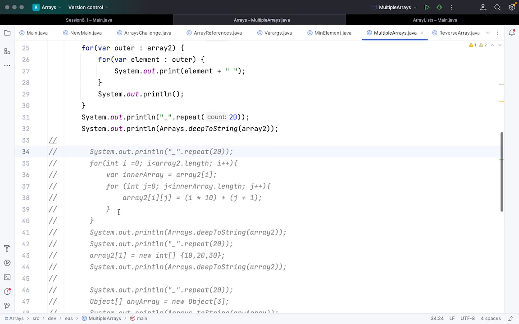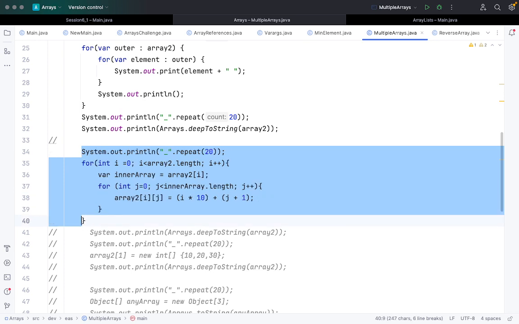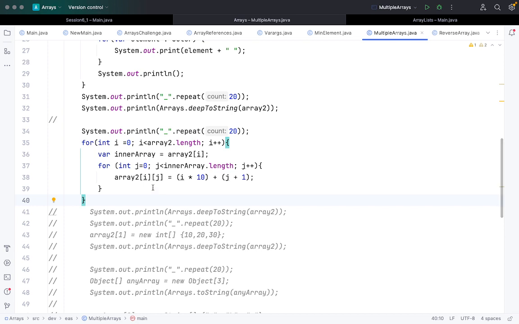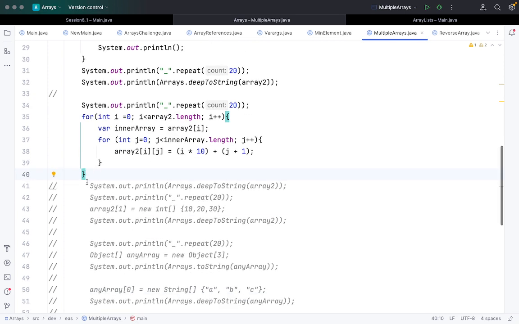Now let's do something more. Let's assign certain values here, instead of the 0 value. For each element of this 2D array, we are passing these values: i times 10 plus j plus 1. Whatever the value of i is at that point of time, it will calculate this expression and put it down for the particular element. Everything is fine, we will see how it prints. To print it out,